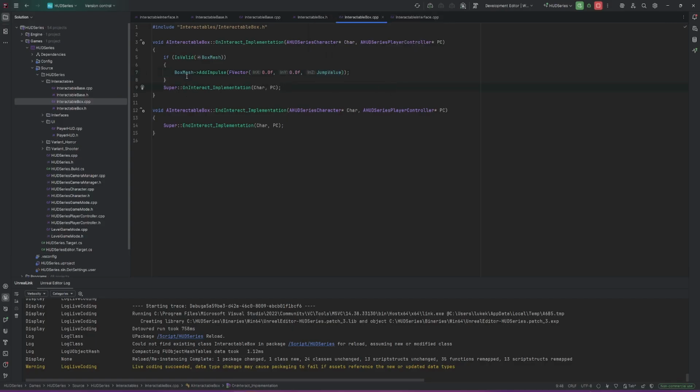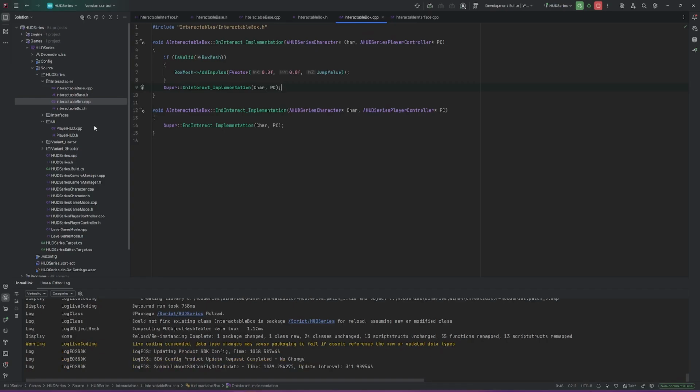Perfect. So when the player interacts with the box, it should add an impulse upwards of 100. Hopefully that works. We'll see. But now we need to make it so the character can interact with the box. So we need to play around with the box, and how we're going to do that is we need to